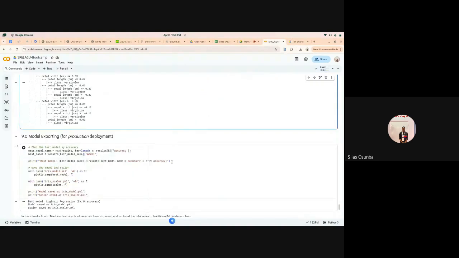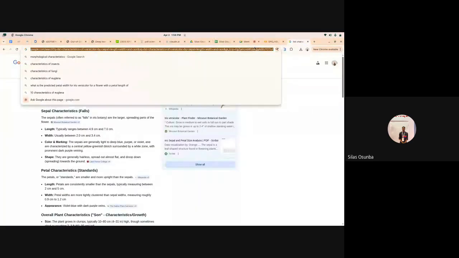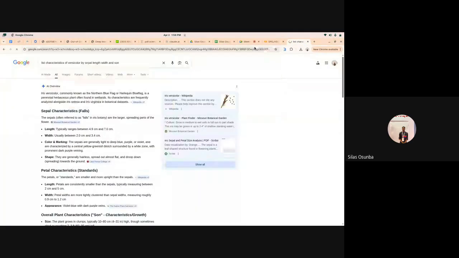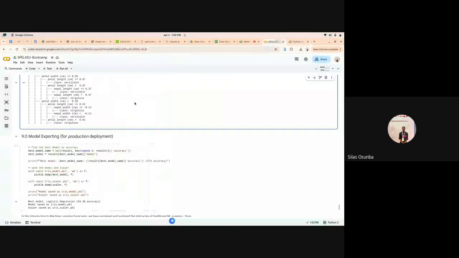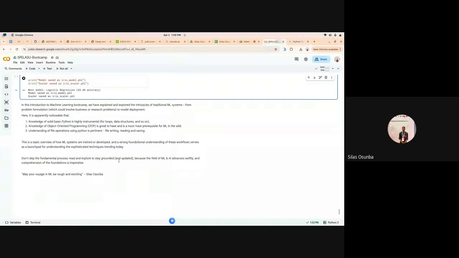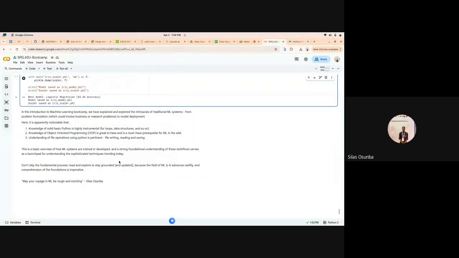So you have to save your model with open as file objects. That's the name of the file. So you can see how important file operations are. Every basic knowledge of Python is very important. Very important. So now see, in this introduction to machine learning bootcamp, we have explained and explored the complexity of